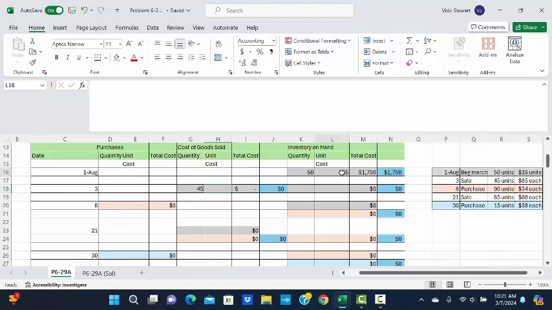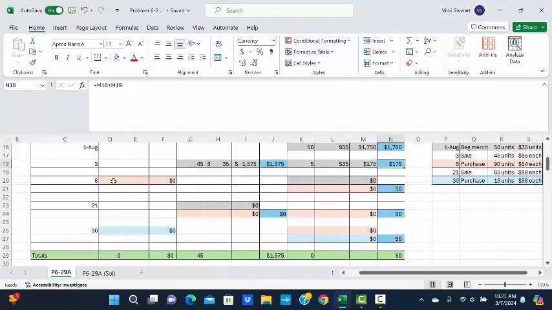Since we only had 50 units at 35, that has to be the cost of the units that were sold. So 45 times 35 would give us total cost of goods sold for the sale of $1,575. We would still have 5 units left, 50 minus 45, and we would cost those at the $35. So after the sale, we have